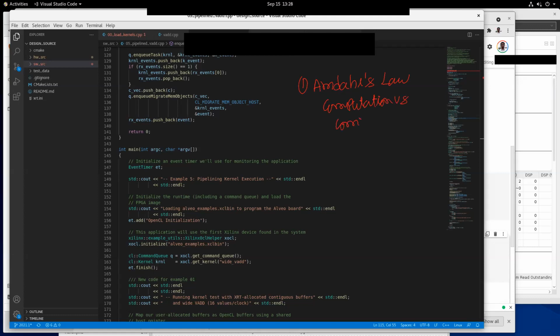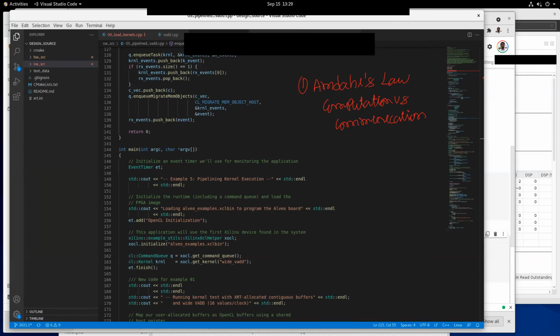Remember that Amdahl's law works not only for this case. Let's say you are reading a big file from the hard disk, doing computation, and then writing it back to the hard disk. The in-memory computation you can do so fast, but if your hard disk access is a bottleneck, then you are not going to get much.